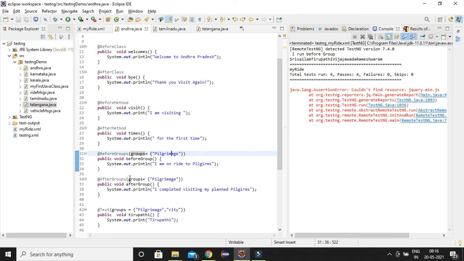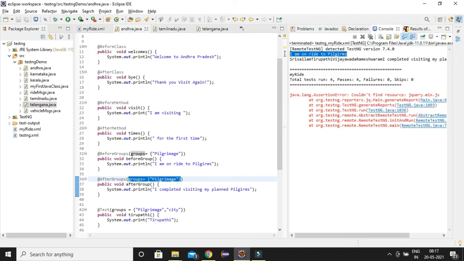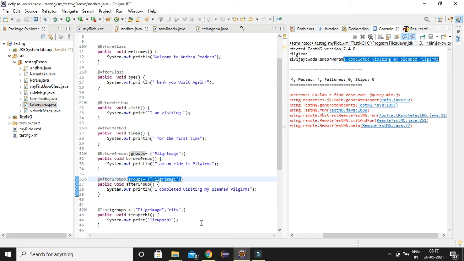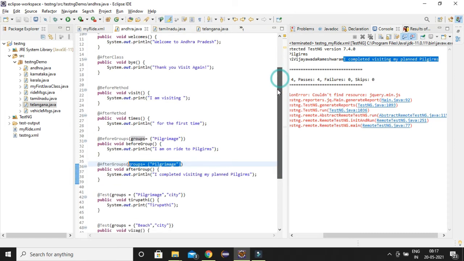Similarly, after group you have to give parenthesis with the group names. Then after group will get executed. Let me run this once again. As I haven't used println method, it is coming in the same line. That's okay for now. It's understandable, right?